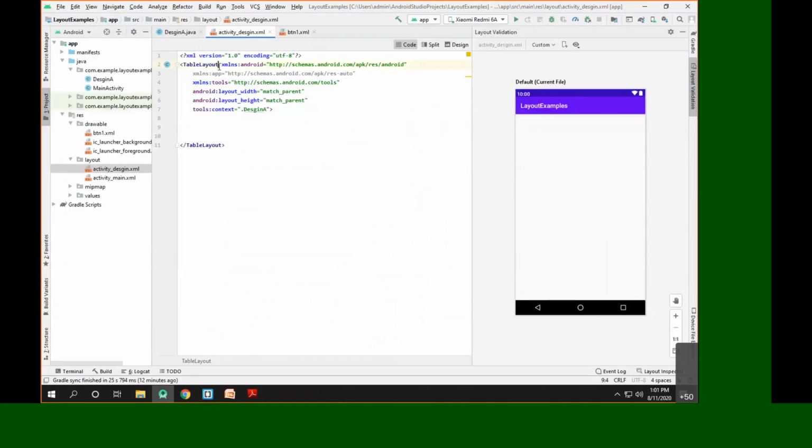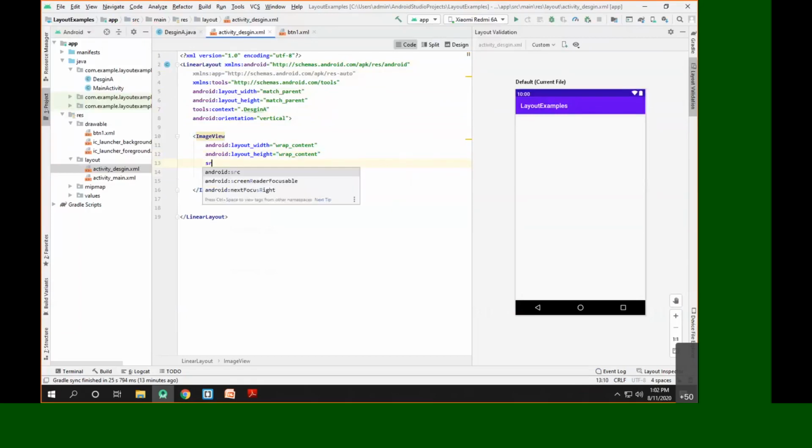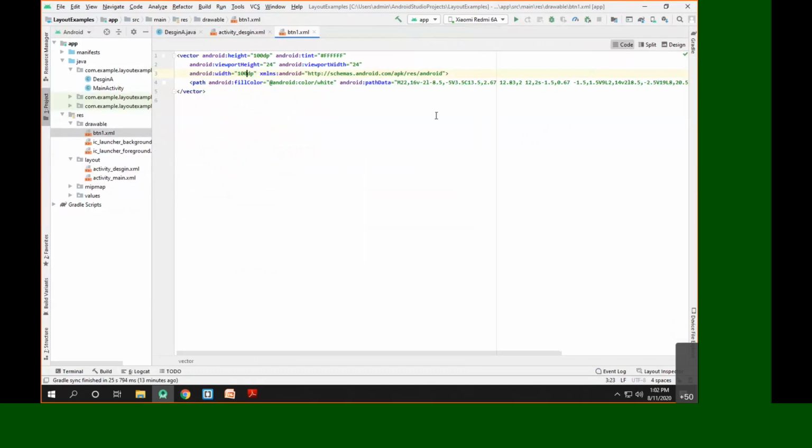So we'll change our layout from the table layout to the linear layout, and for this we'll be having the orientation as the vertical. Now we know here we have first of all one image. So for that we'll add the image view. So wrap content, and for this particular image view we'll add one image here. So we'll currently add this particular image of plane. Rather than searching for the image again, we'll add the image of plane here.